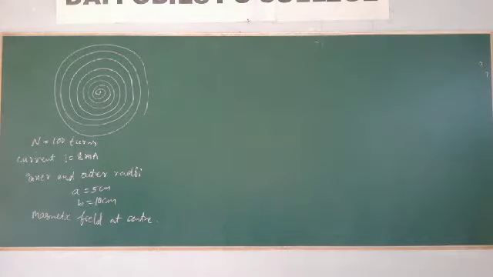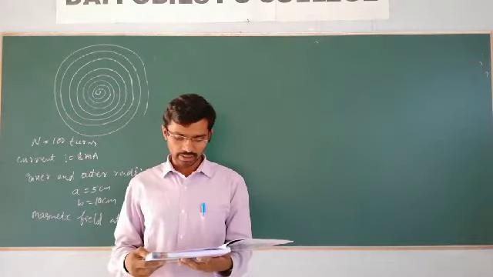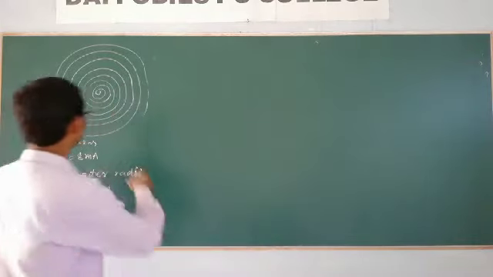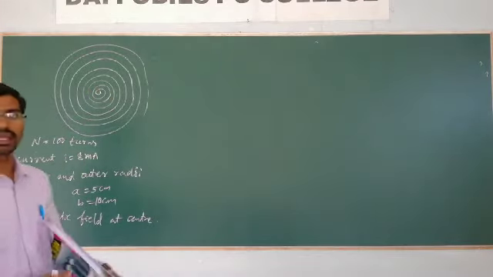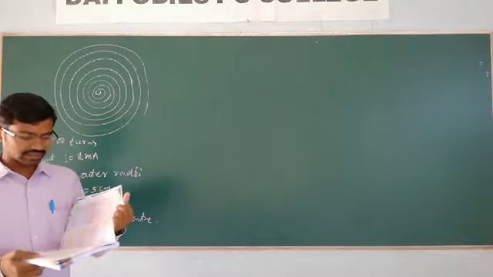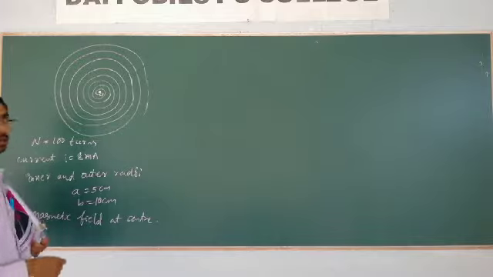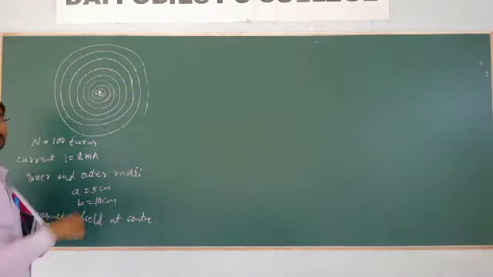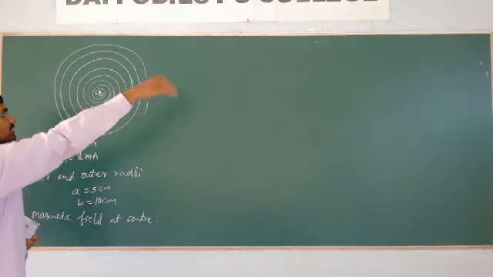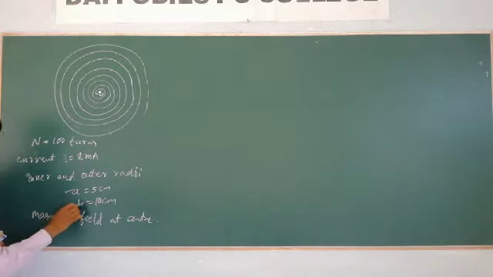So for this, we just need to see what they have given. A thin insulated wire forms a spiral, carrying a current. They are asking to find the magnetic field at the center of the coil. But remember, it is a spiral, so the radius goes on increasing. Even though they have given the inner and outer radius, 5 centimeter and 10 centimeter,